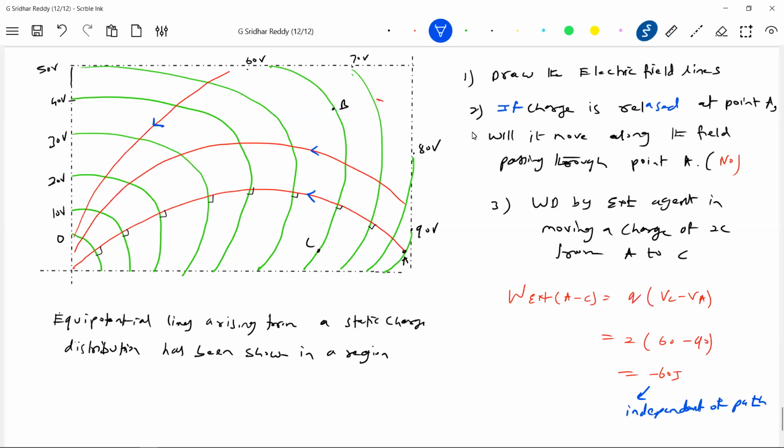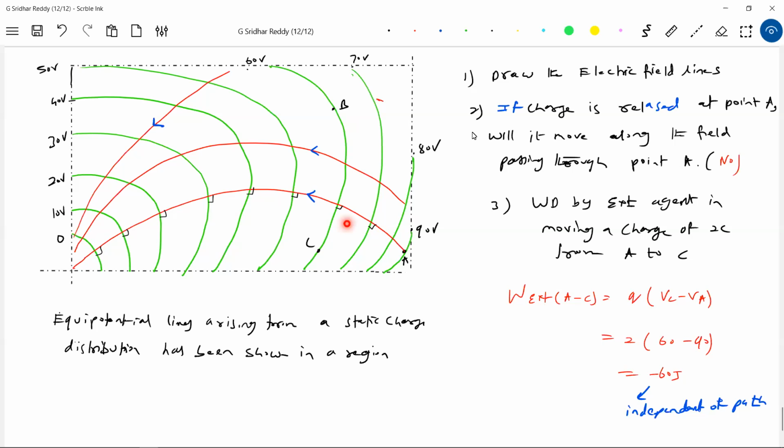So let me summarize once again. If you release a test charge in an electric field, first of all, the field produced by static charges will be conservative. Fine. If you release a test charge in an electric field, it need not move along lines of force. If it is released in a field produced by an isolated point charge, it will move along them. But this is not a field produced by a point charge, so it will not move along the lines of force. Then what is another condition? The lines of force, E bar, should be directed normal to the equipotential surface. This is a basic condition.